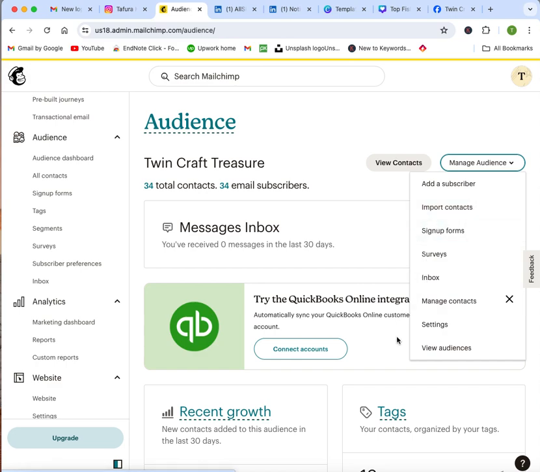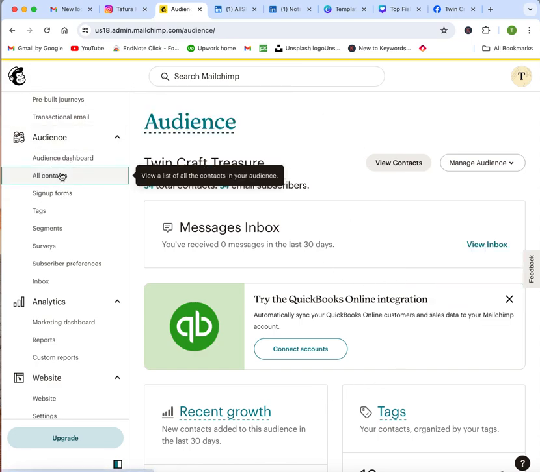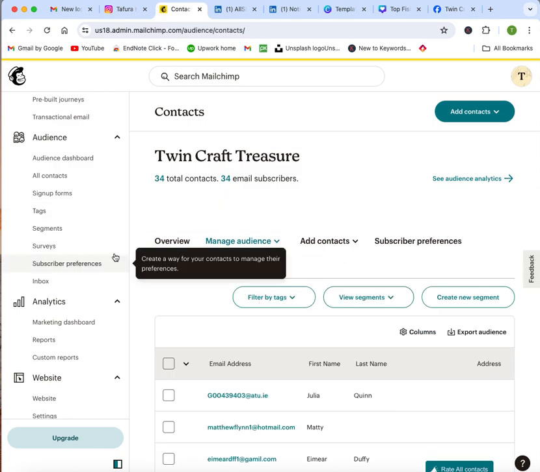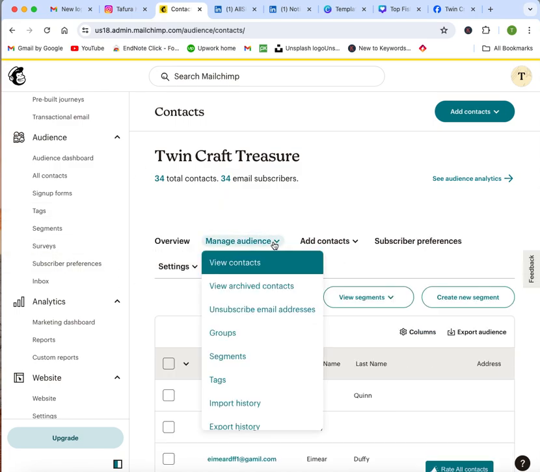So you don't need to type in hand here. And then this is all contacts. So I have the contacts. So you can manage your contacts from here also. You can unsubscribe any email address if you don't want. You can create different groups. You can create different segments. Then you can tag with a different